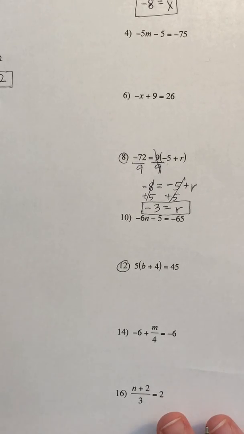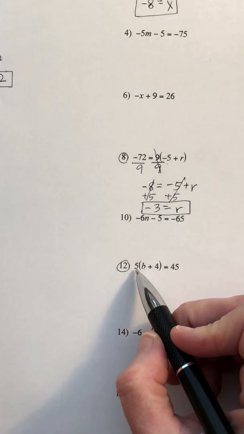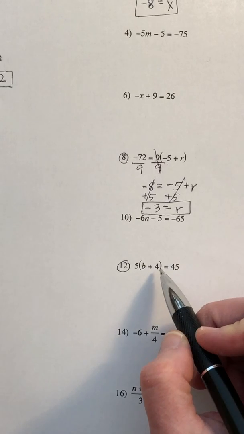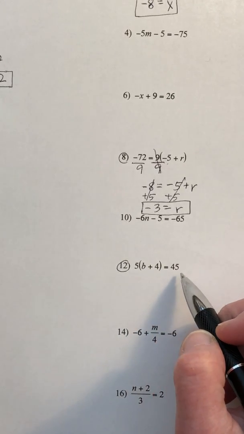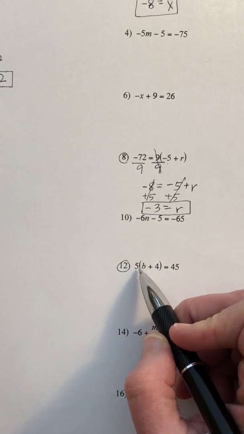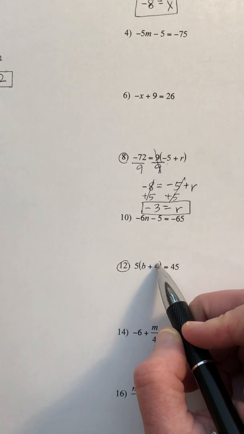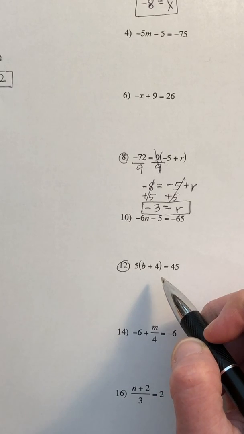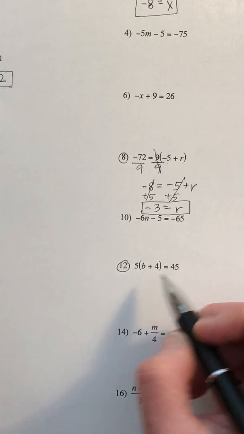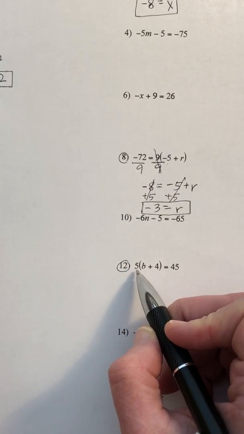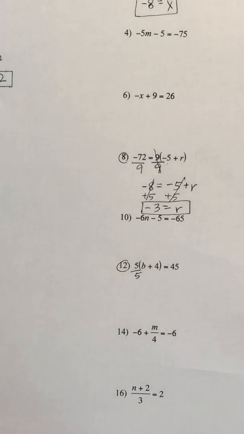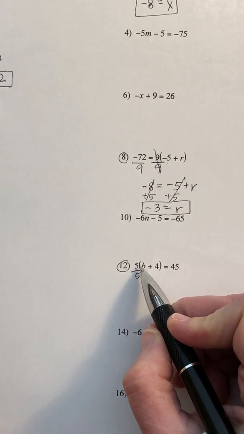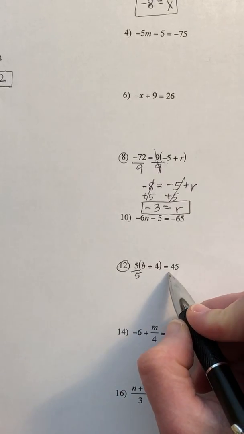Okay, number 12 is going to be pretty similar. You have 5 and then these parentheses again. So 5 parentheses b plus 4 equals 45. So again, you could distribute, do your 5b plus 5 times 4, that would be 20. Or you could go the easy route and just take this number that you're multiplying by and divide by it right off the bat. So the opposite of multiplying is dividing, so we're going to divide by that on both